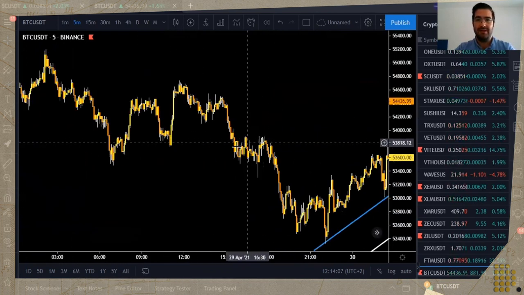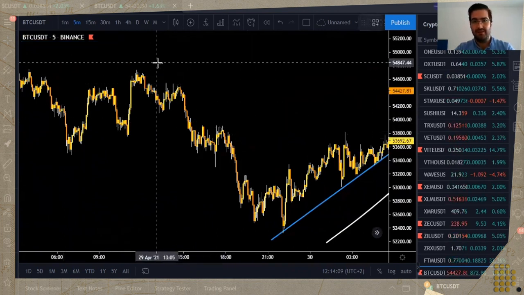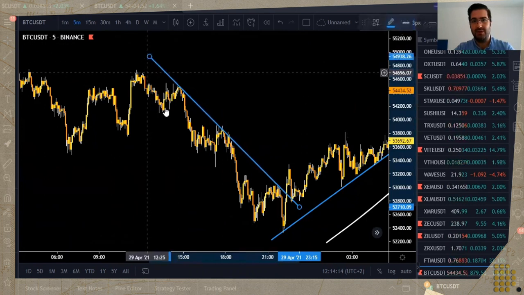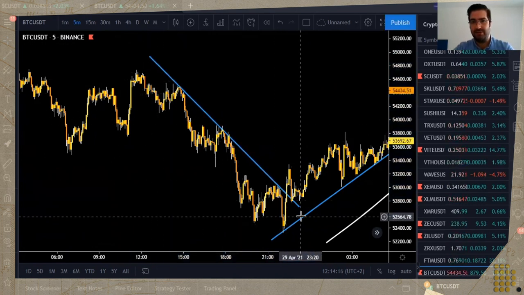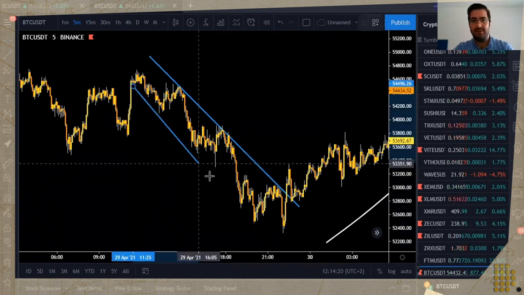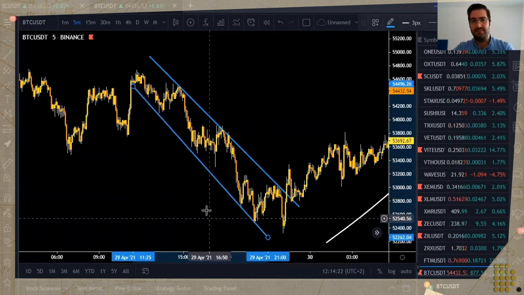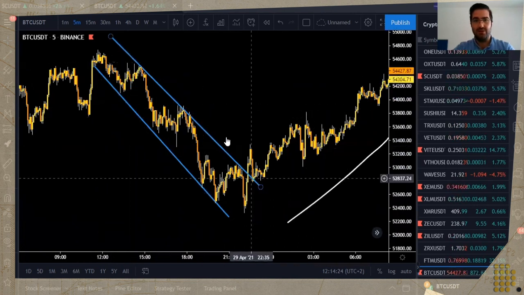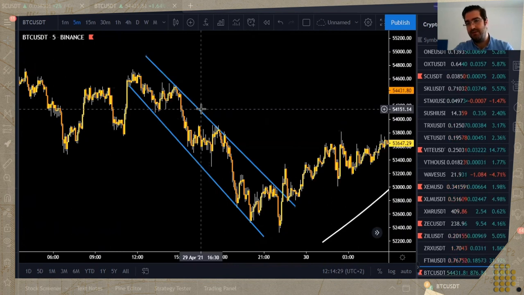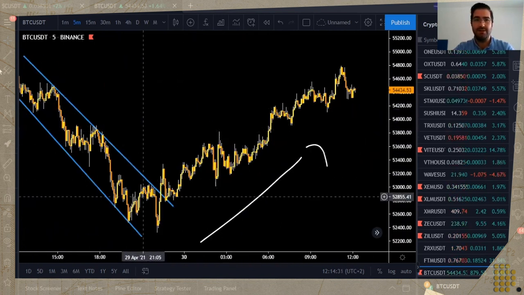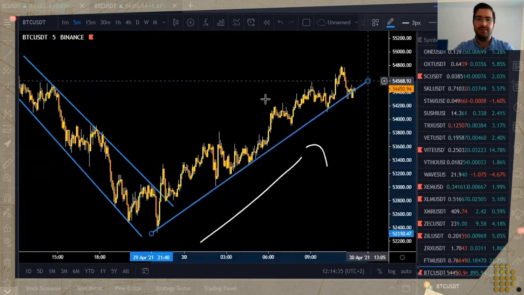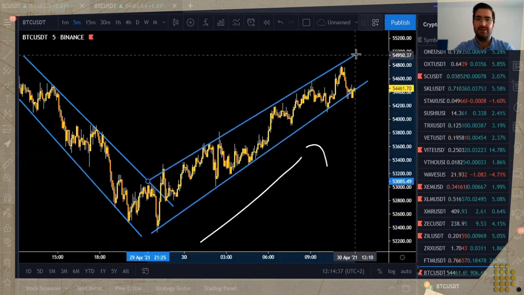Here I will link the peaks. By linking the peaks, you can know that you are in a downtrend. The direction is to the downside. Also you can link the bottoms, it's the same. But at least you can know that the direction is to the downside by linking either the bottoms or the peaks. And similarly here you can link the bottoms and the peaks, and you can see the direction